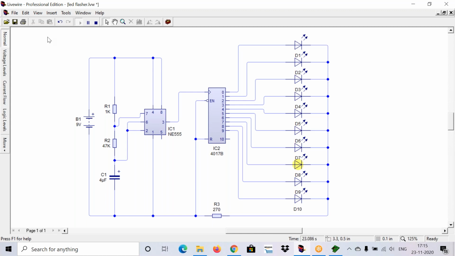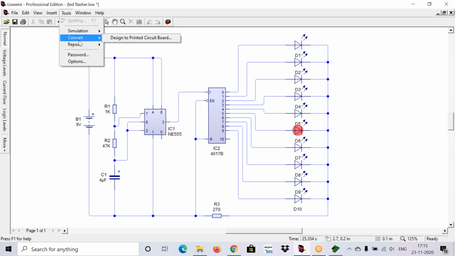After running your circuit, click on Tools, then Convert, and in Convert click on Design to Printed Circuit Board. It will open an auto routing window, and then we need to give some instructions to the auto router.